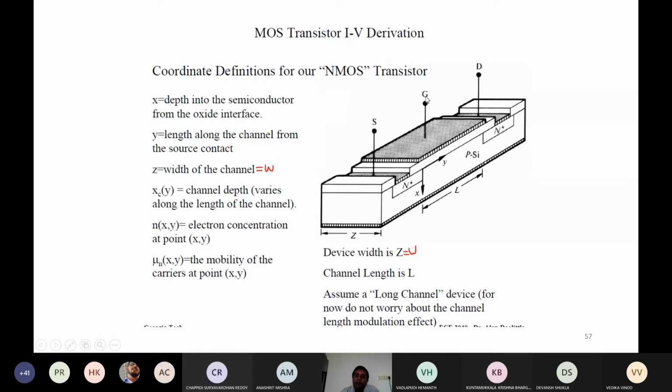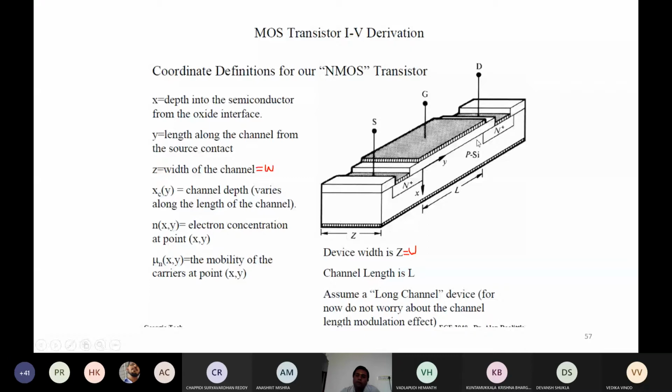When you apply a positive gate voltage more than the threshold voltage, there will be some channel, and the depth of the channel will be the same at the drain side and the source side. But as the drain to source voltage is applied, current starts flowing. Then many electrons which were near the forming channel near the drain are sucked by the drain, or basically the depletion region here near the drain